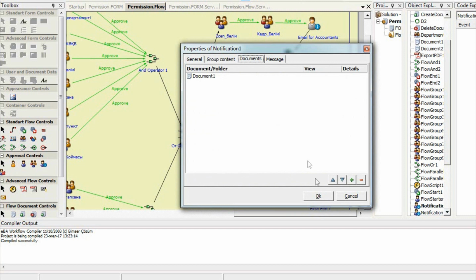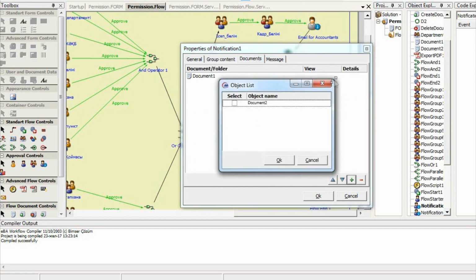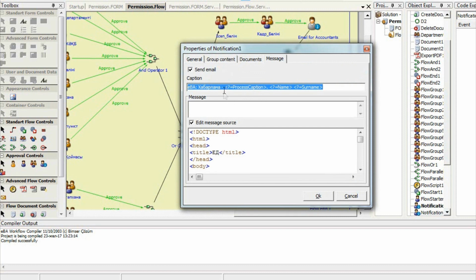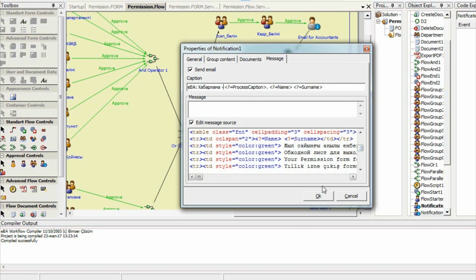Sending a notification to the initiator about the completed process. Choose the notification tool from approval controls. In the property of notification, go to group content, then press plus and add position flow initiator. In this process we chose initiator, and in message